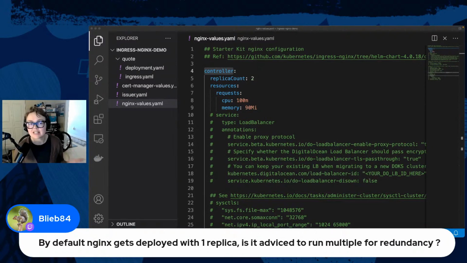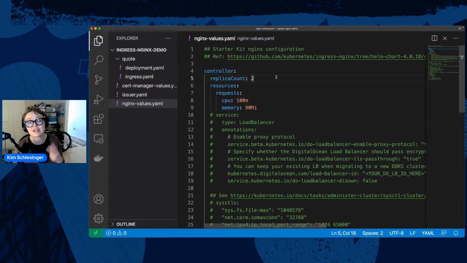Yep, depending on the size of your cluster, you probably want multiple replicas running. And so I'm going to run 2 replicas of my Ingress Nginx, and then I'm setting some resource requests. So I'm saying the node that this pod gets installed on needs at least 100 millicores of CPU and 90 megabytes of memory. So very basic, but just putting some constraints on that.